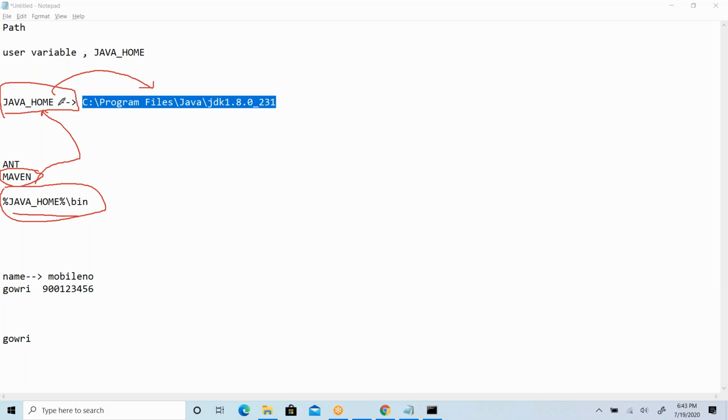And the name must be the same, JAVA_HOME. You are not supposed to use any other name. The variable name should be common, and the value can be anything. It depends on the machine, the location where you are installing. Okay,